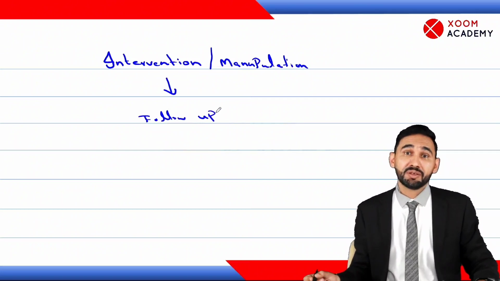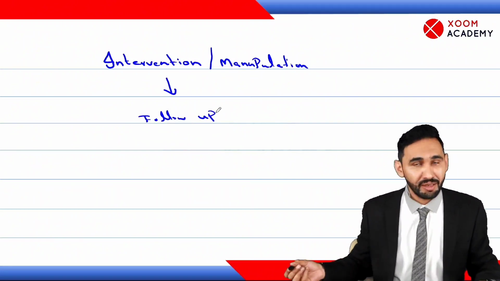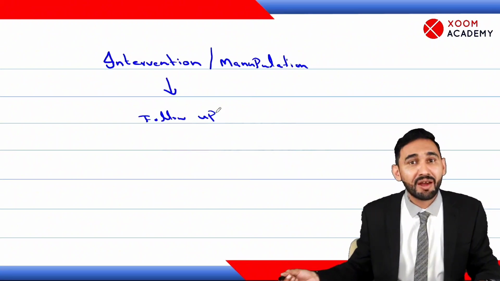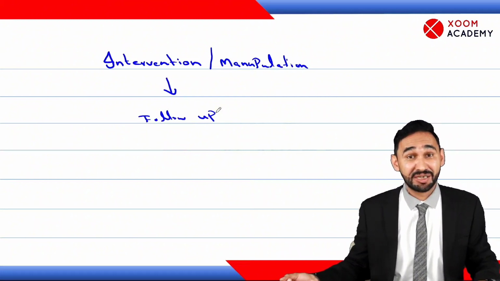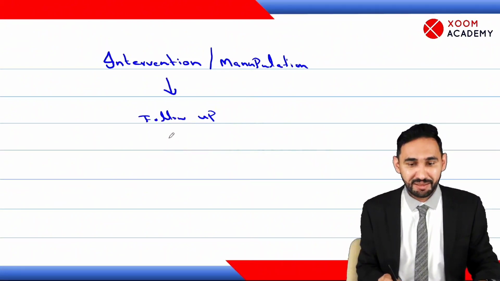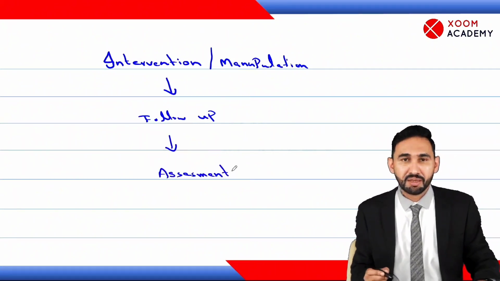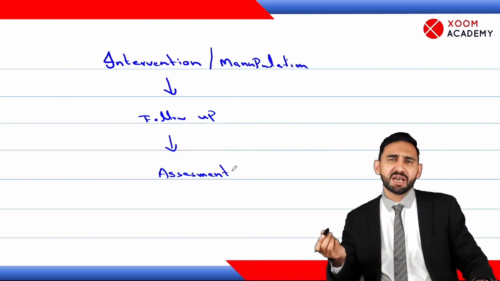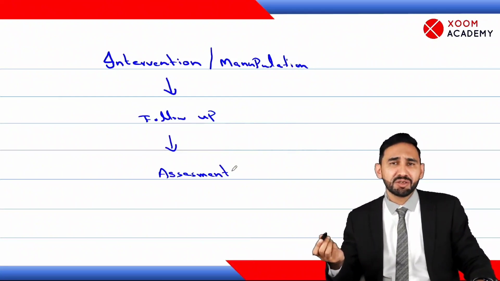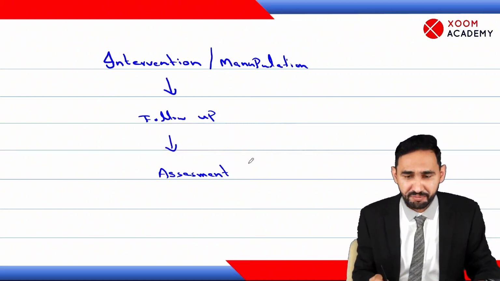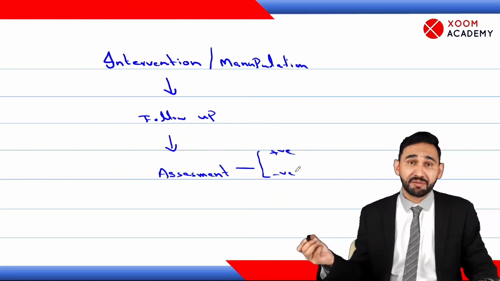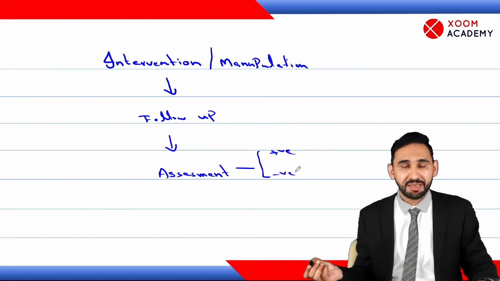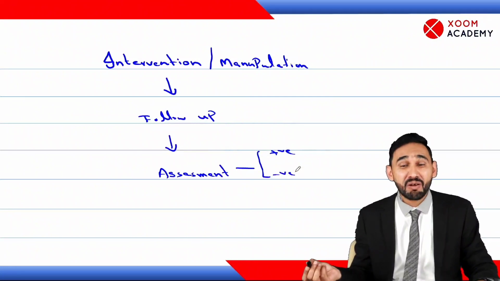Why will we do follow-up? We want to see the effects of the drugs. Some people may get adverse effects, so we have to do follow-up after some period of time. Follow-up is required; observation is required after intervention. After the follow-up, we will do assessment. What is the assessment? We will see whether our trial is successful or not, whether we got positive or negative results. So assessment can be positive or negative. If people get adverse effects, our assessment will be negative. If they get some advantage, our assessment will be positive.